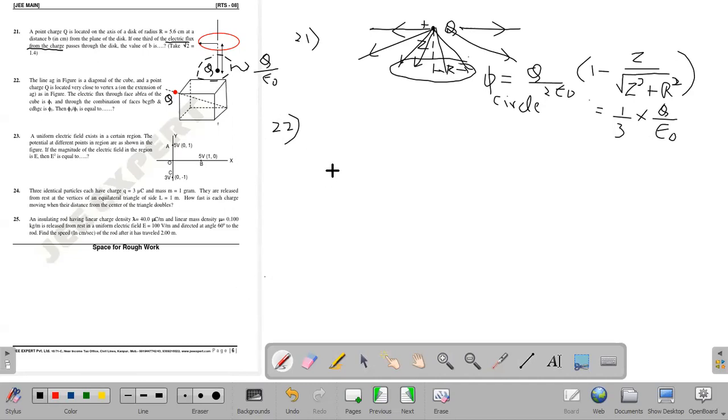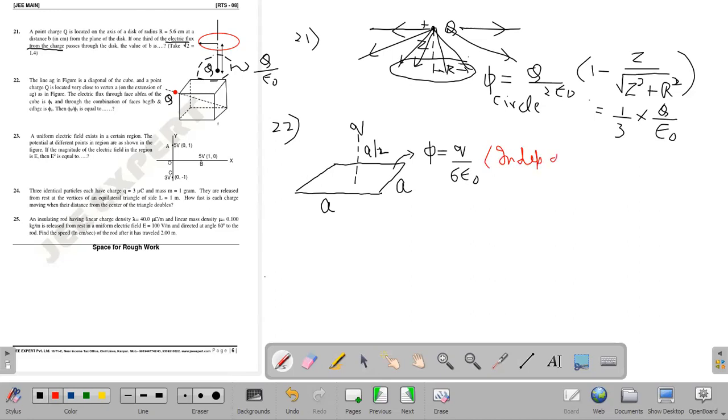Now, if we recall a particular illustration in our classroom in which there was a sphere of radius a, there was a square surface of side length a, and a point charge was placed a by 2 distance above the center of that square surface, then it is a problem from HCV also, and the flux for this square was obtained as Q by 6 epsilon 0 by the logic of symmetry. So this answer is independent of side,